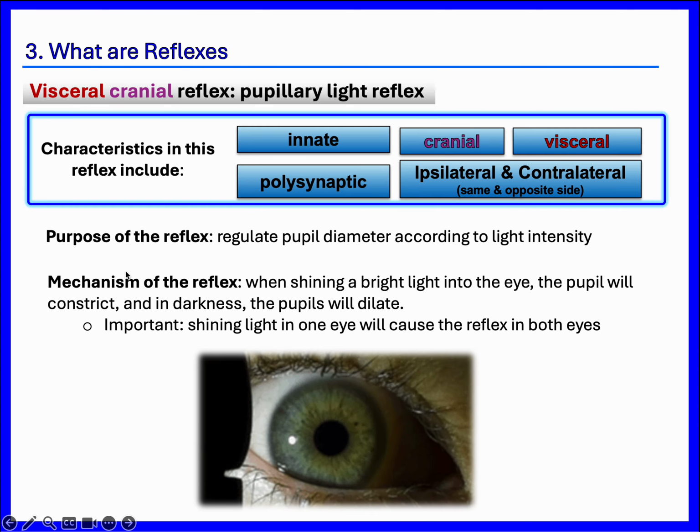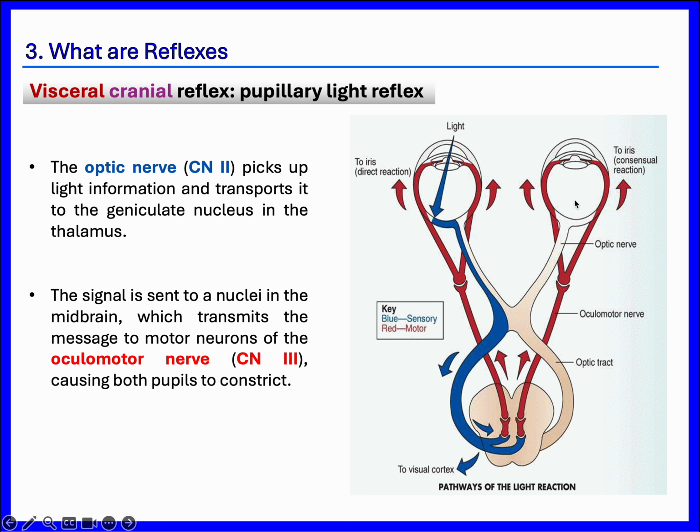So the mechanism of the reflex, when shining a bright light into the eye, the pupil will constrict, and in darkness, the pupil actually dilates. It's important. Shining light in one eye will cause the reflex in both eyes, since it's ipsilateral and contralateral. So what happens here? The optic nerve, cranial nerve 2 over here, picks up the light information and transports it to the